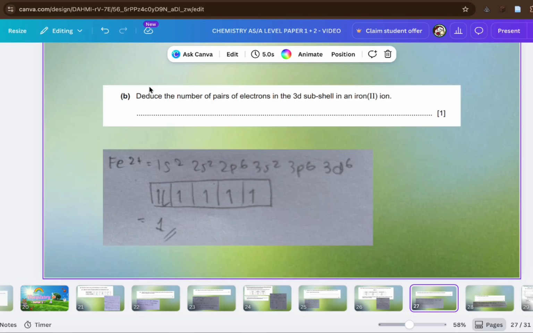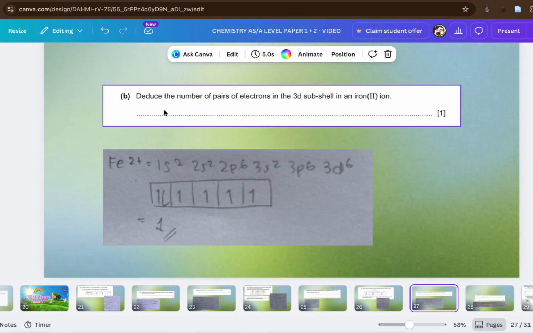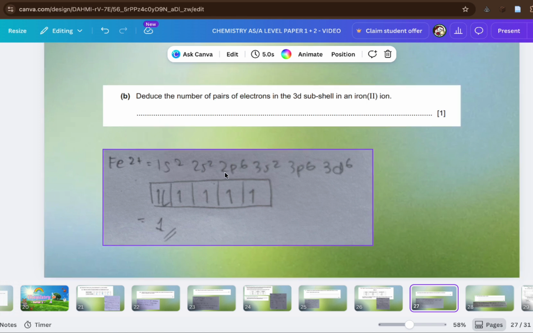Next question. Deduce the number of pairs of electrons in the 3d subshell in an iron 2 ion. We know that iron has the electronic configuration of 1s2, 2s2, 2p6, 3s2, 3p6, 4s2, and 3d6, so it's about 2, 4, 10, 12, 18, 20, 26 electrons. But because it is an ion with a positive charge of 2, we subtract the electrons, which results in